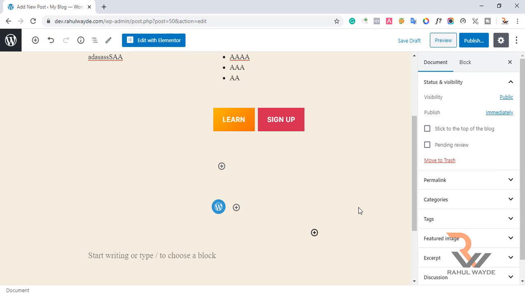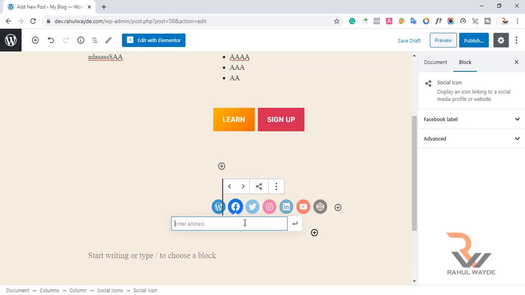So why is this happening? It's because we have not entered the URL of that icon. So I will just add one to three social media links here, and we will see the result. Okay, I will just click here again, and I will add the Facebook address. I will just add a normal facebook.com, then I will go for Twitter, and I will add some twitter.com. Okay, and then I will just click on this again. Now when I click outside of this block, I will see only the three social icons. First will be WordPress, then Facebook, and then Twitter.